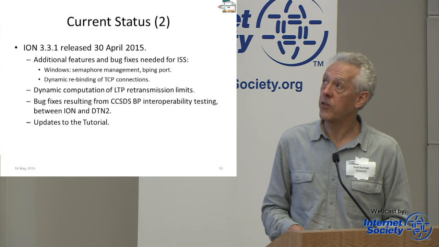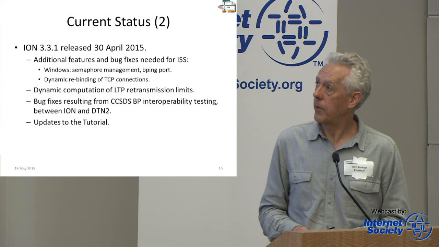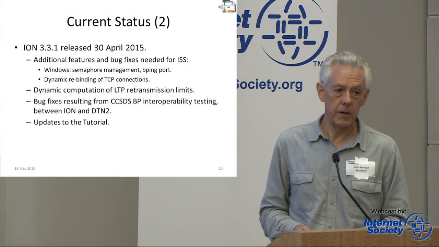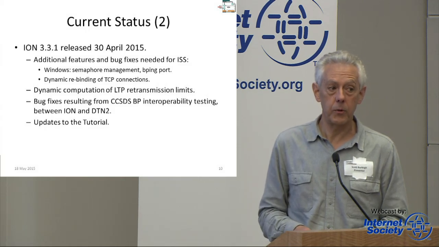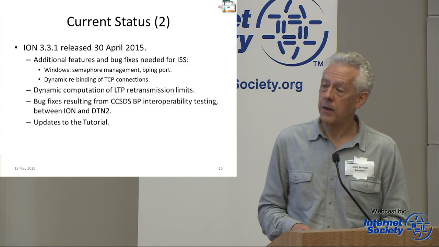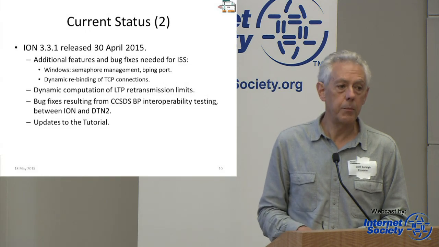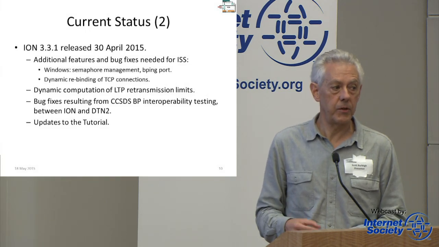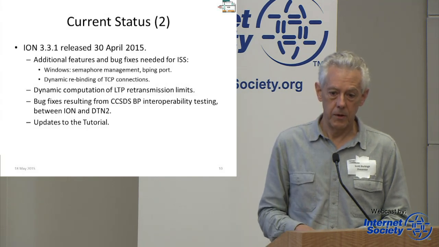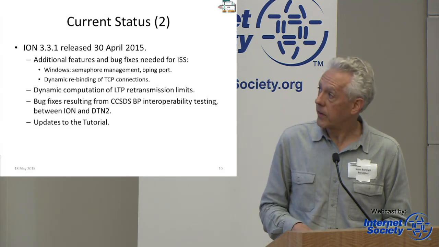That included some additional features and bug fixes, mainly aimed at supporting the ISS deployment. There were some things that needed to be done on the Windows port in particular, in semaphore management, that we hadn't noticed before until we started doing some heavy testing in Windows. And there was an obscure feature about dynamically rebinding TCP connections that turns out to be very useful for the way ISS is going to be operating the TCP convergence layer. There also were a couple of other bug fixes that came out of the